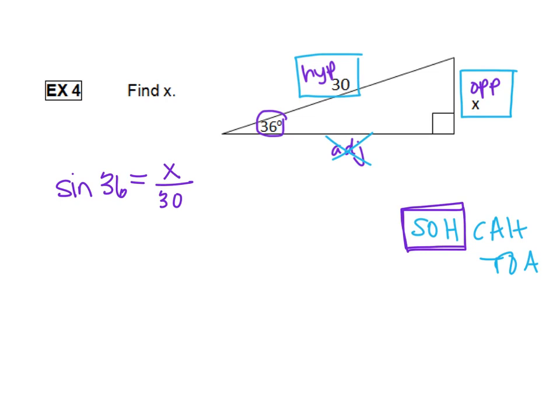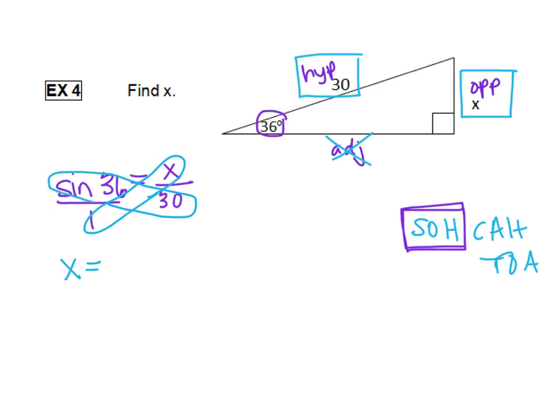Now we have a little mini equation that we can use to solve and find the value of x. I think it's helpful if you see this as a fraction over 1. What that's going to let us do when we solve for x is cross multiply like this. So we're going to multiply this side, x times 1 is just x, is equal to,